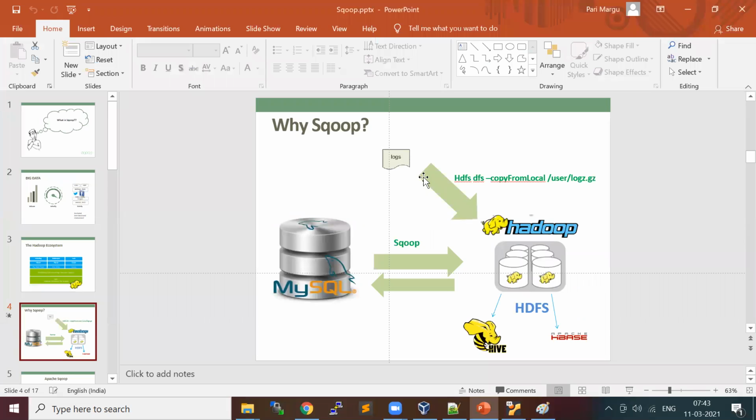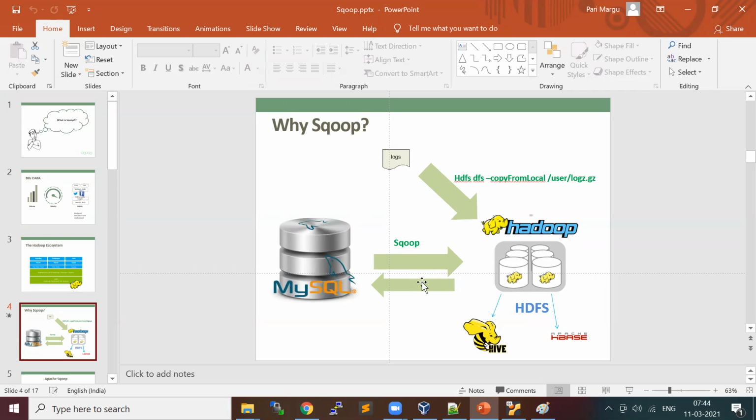Now, we can get the data from RDBMS to Hadoop, and also we can export. We can import as well as export. For example, you get the raw data and process it, and for visualization purposes you want to push the result or summary data to the RDBMS. So you can use the export command.